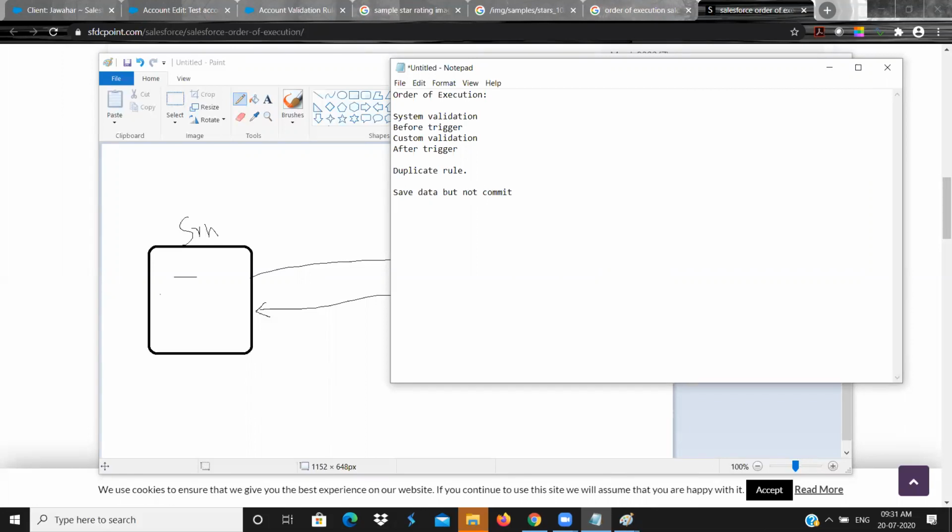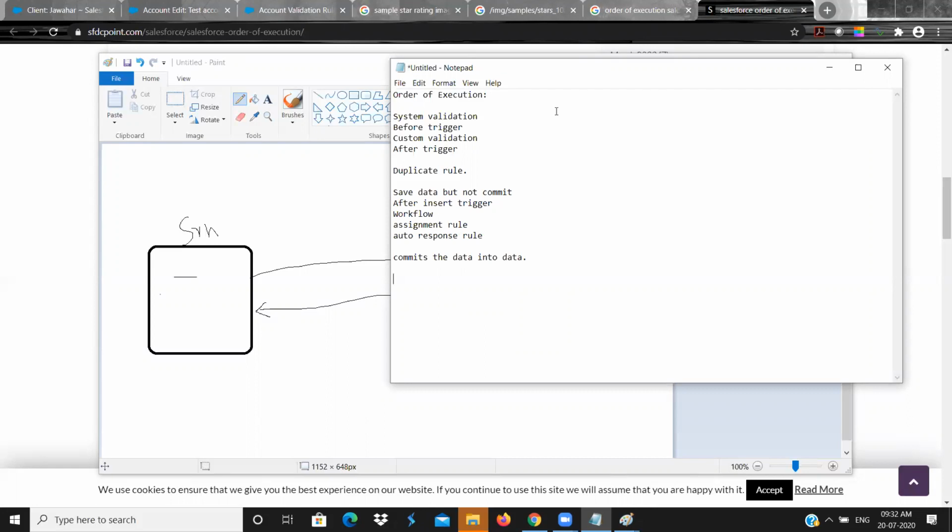Because it needs to check after insert trigger, workflow. Then it checks assignment rule, auto response rule. After that, it commits the data into the database.